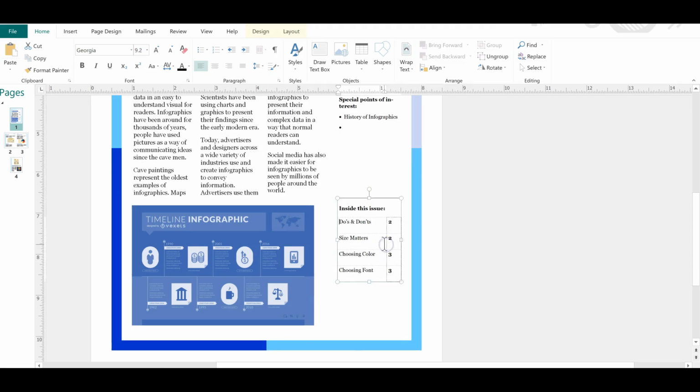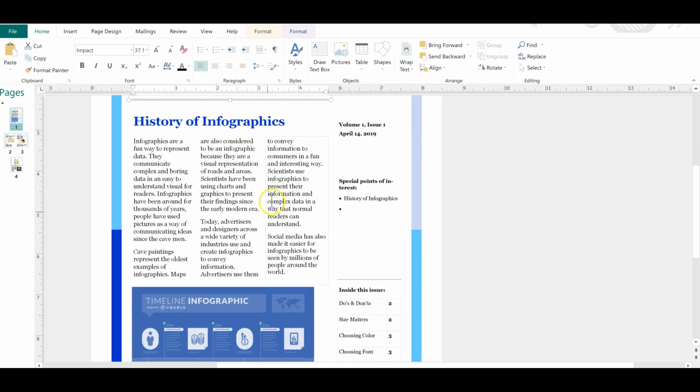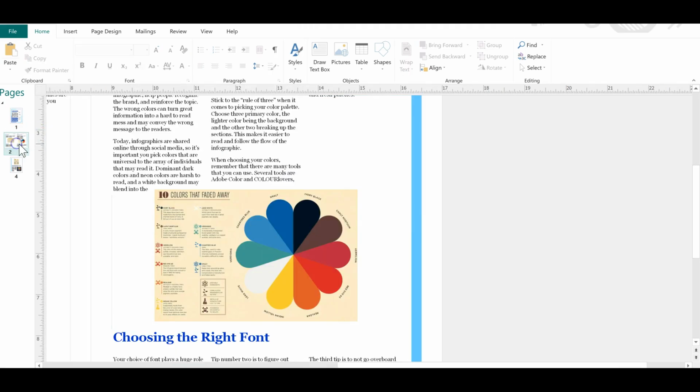This is good, inside this issue. This is also good, although we normally spell out the date. Nice titles for both the article and the title for the newsletter. Okay, if you look on the 2-page spread,